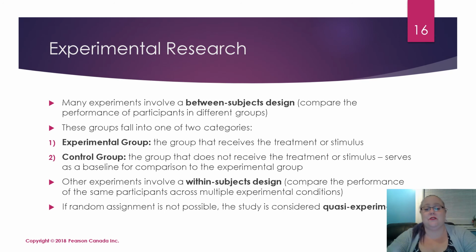These groups are going to fall into one of two categories. It's important to note, up until now, I've kind of been saying, one experimental, one control group, but you can have multiple experimental groups. So an experimental group is the one that is receiving the treatment. So in our example with caffeine and alertness, the experimental group is going to be given the caffeinated coffee, whereas the control group is the group that does not receive the treatment or stimulus, and they serve as the baseline